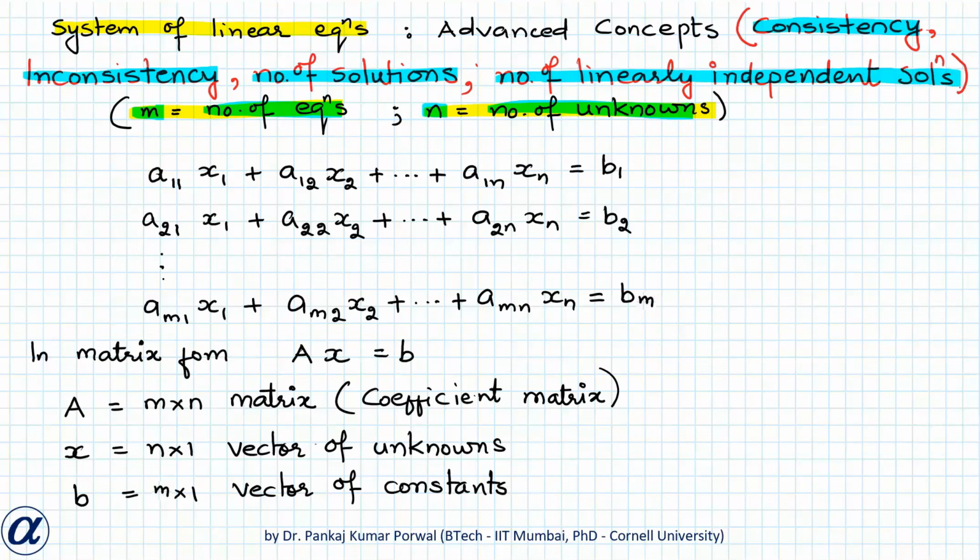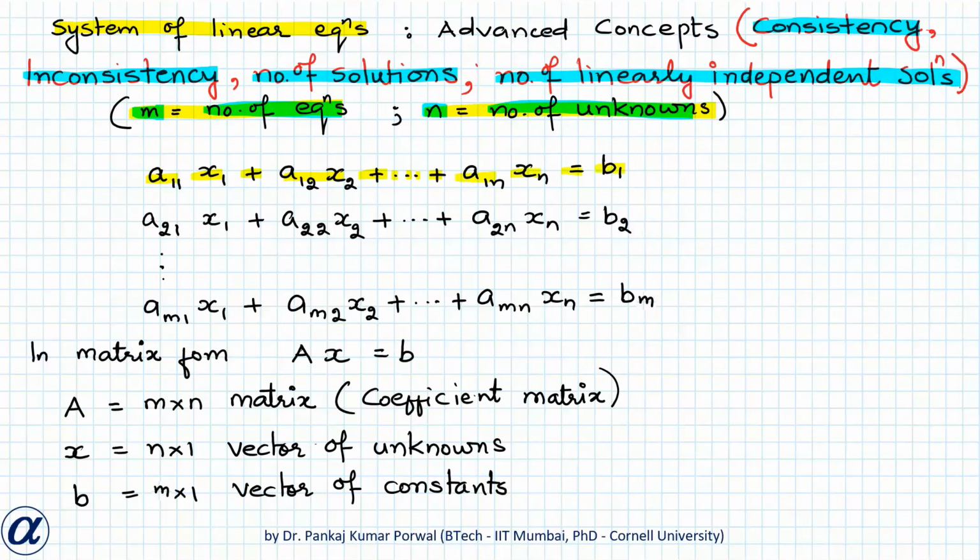If you want to learn about linear independence, then you can watch my video on linear independence of vectors. Here, because our solutions will be vector x, linear independence of our solutions will be the same as linear independence of vectors. So our system of linear equations is given like a11x1 plus a12x2 plus dot dot dot plus a1n xn equals b1,